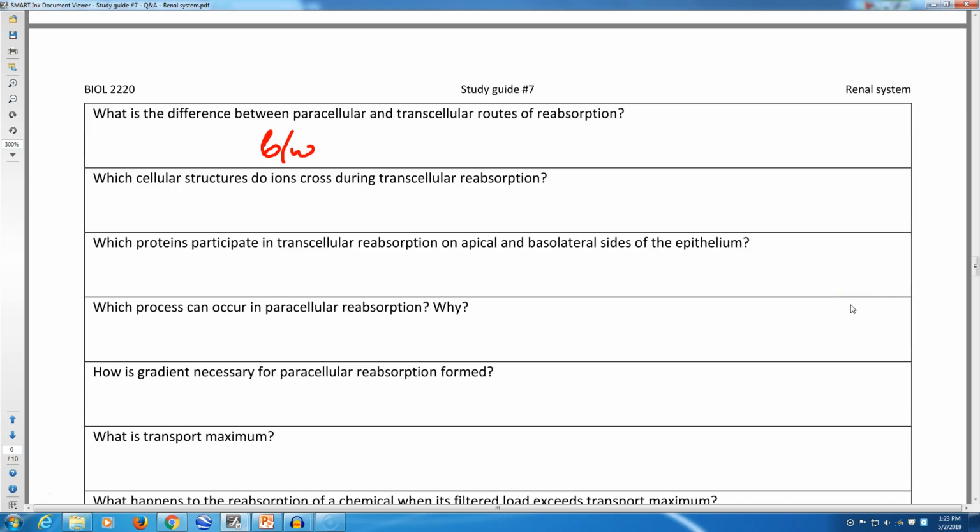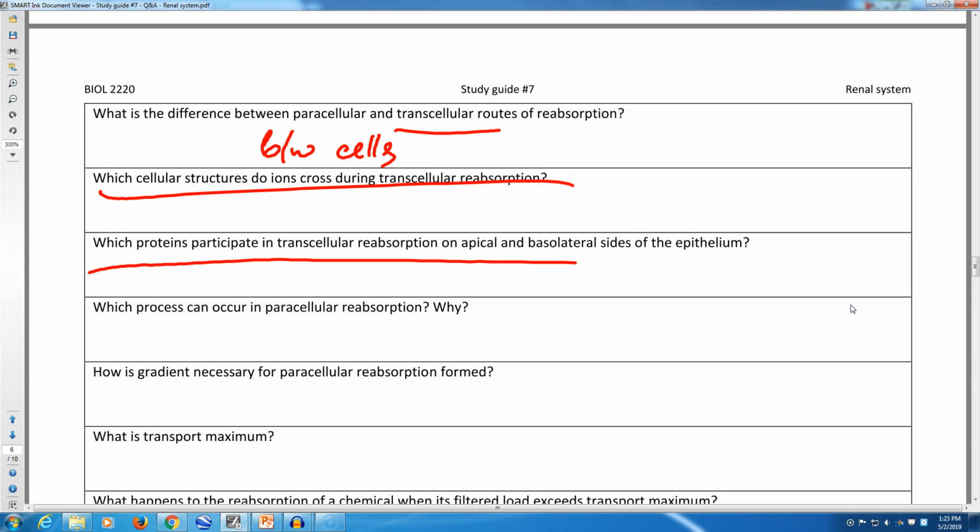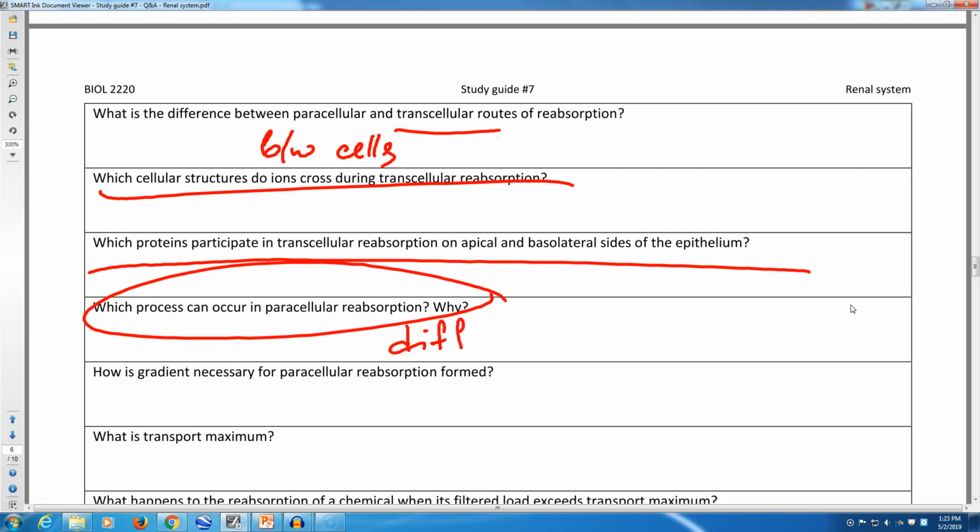Paracellular, between the cells; transcellular, through the cell. Cellular structures: apical membrane, cellular cytoplasm, basal membrane, get in the blood vessel. Transcellular reabsorption uses channels and transport proteins. That's all you need to know, like symporters and antiporters, channels. In paracellular reabsorption, you can also transport via diffusion because there are no membranes on the way. The gradient necessary for paracellular reabsorption is formed due to, not sodium, water